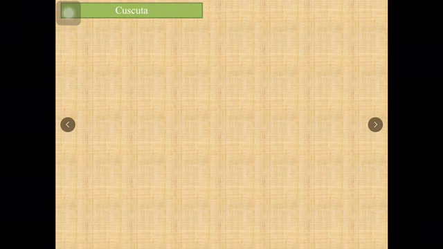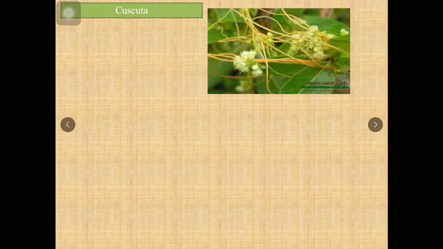Cuscuta is very common, you can very easily identify it. Here is a green leaf over which you can see yellowish strings. These are actually the stem of Cuscuta. Cuscuta is generally called a chlorophyll-less plant. It does not have leaves. So if you get an MCQ question, name a leafless plant, or a rootless plant, or a plant without chlorophyll, it is Cuscuta.